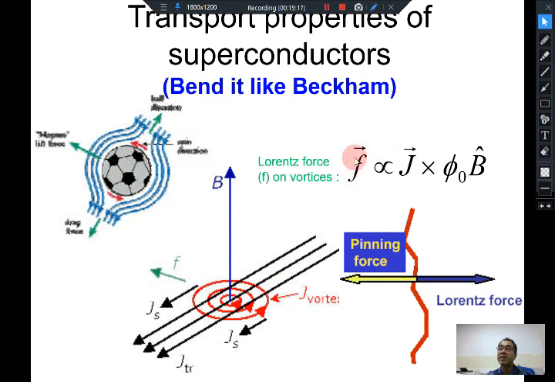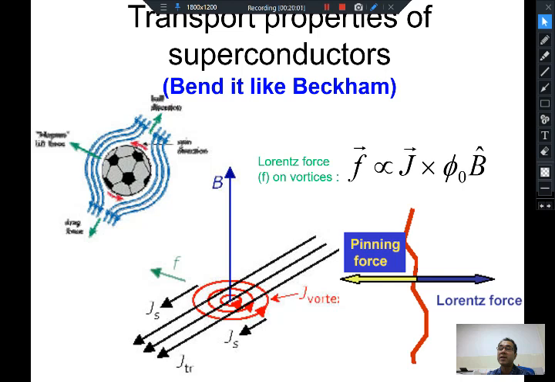You can show that this effect of the Lorentz force, which causes the motion, generates an electric field, which should not be generated in a superconductor because voltage is zero, there is no resistance. But when you have a motion of these vortices, you can show that there is an E cross B, there is going to be a voltage, an electric field, which is generated inside the superconductor, and that electric field is being crossed with the velocity of the vortices, and you can show that that is responsible for causing dissipation inside the superconductor. So whenever vortices move, they cause dissipation inside the superconductor.